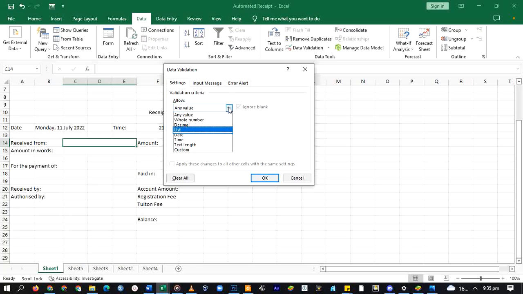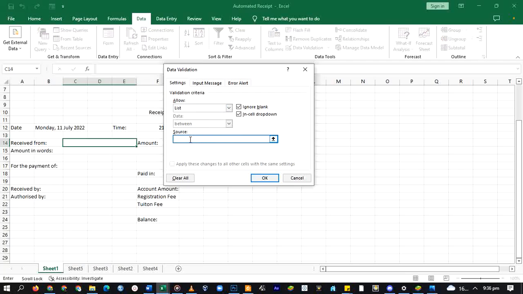Alright, but if you click on the options, you will find out that there is any value, whole number, decimal, and then we're going to click list. If you want only to accept dates, you can also do that, but we're going to click list. The list is actually defined in here. You can define the source here when the list is small, for example yes or no, or gender is just male, female, or sometimes you can add rather not say, but this time around the data is actually